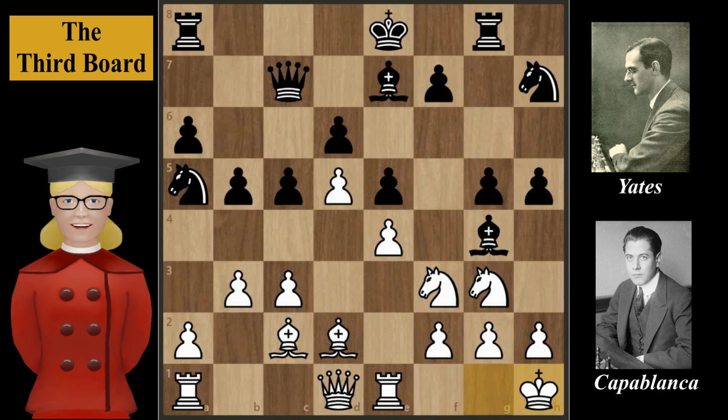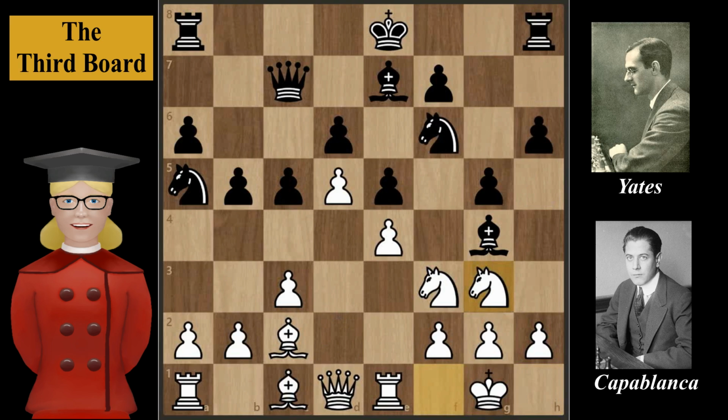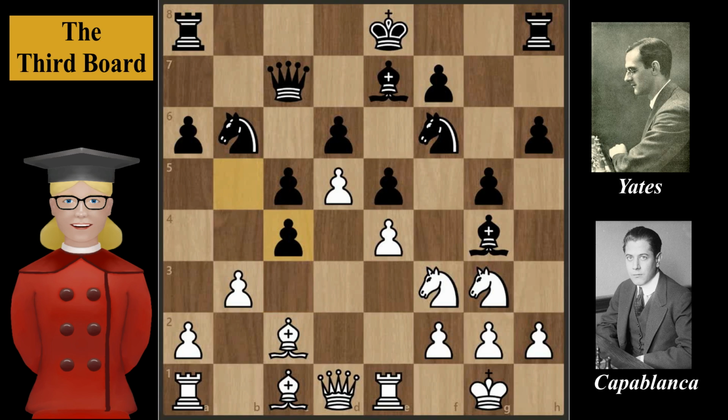Let's return to the original position. Instead of rook to d8, if black had played knight to c4, one possible variation would be b3, knight to b6, c4, sacrificing a pawn, pawn takes pawn, pawn takes pawn, knight takes on c4,